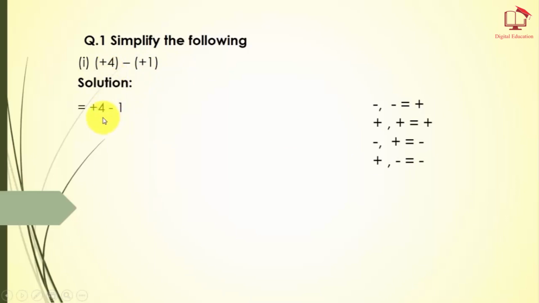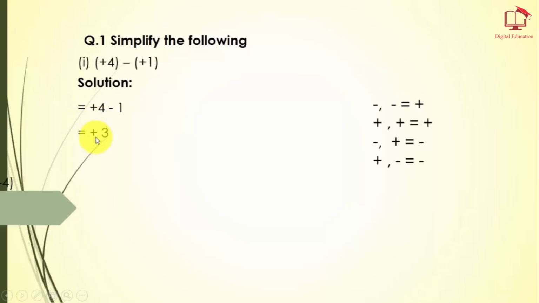Now positive 4 we will write as it is. The first symbol is positive and the second is a negative sign, plus minus is minus. Here we will write the positive symbol because the 4 is greater. We will write the symbol of the integer which has the greater value. Here positive 4 is greater and it has a positive symbol, that is why we write positive. Now 4 minus 1 we have 3, and the greater is 4 and it has a positive symbol, that is why we